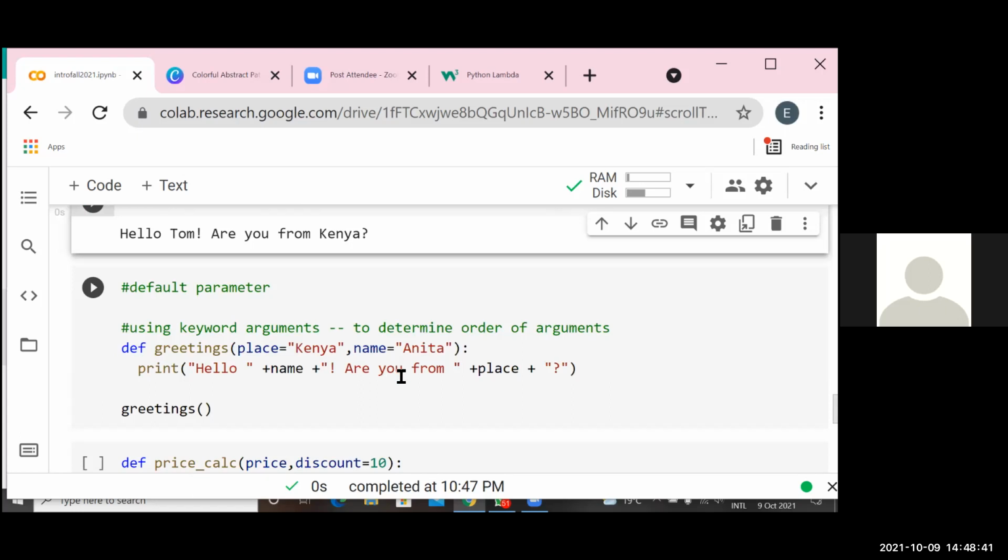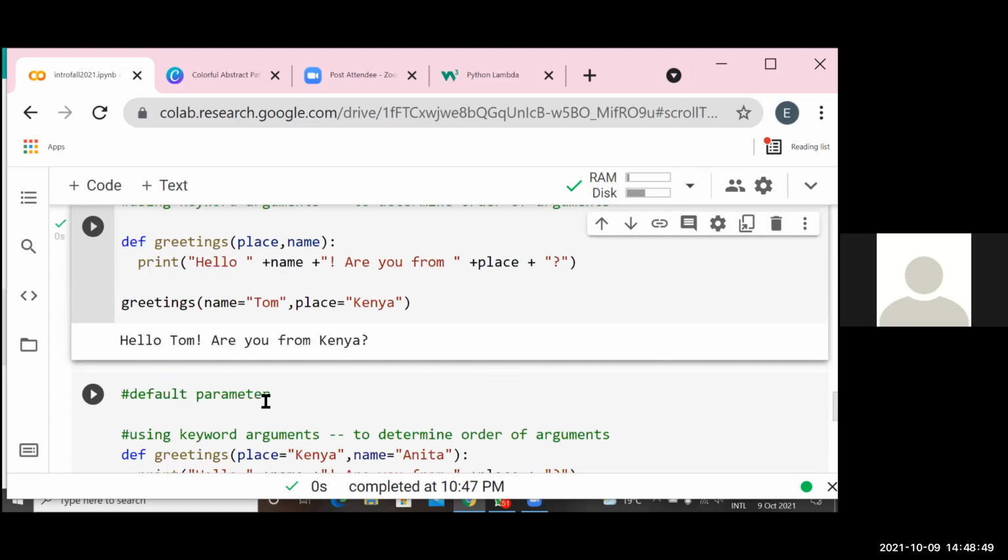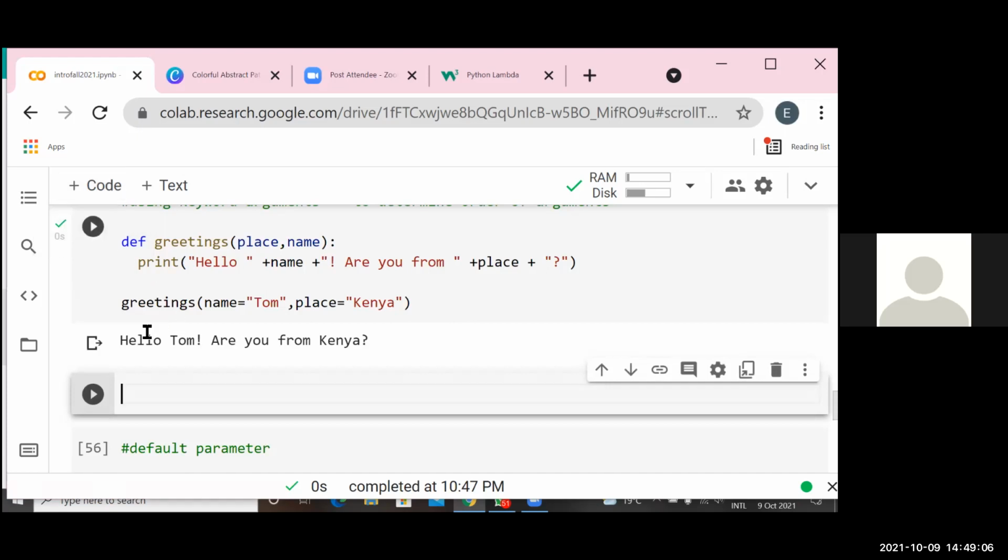So in this case, anytime we call the function, let's first call the greetings function. Because our greetings function in this case requires 2 arguments, right? Let's say we try and call it and not give it any arguments. Let's see what happens.